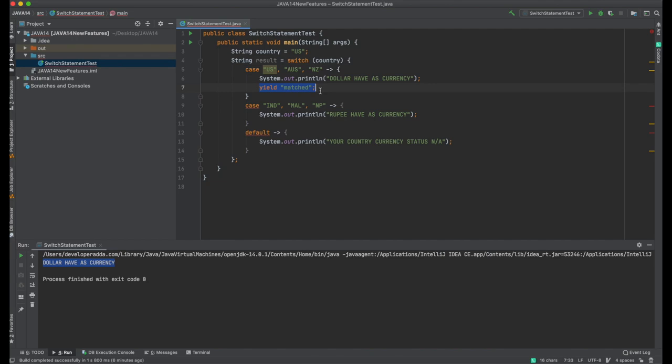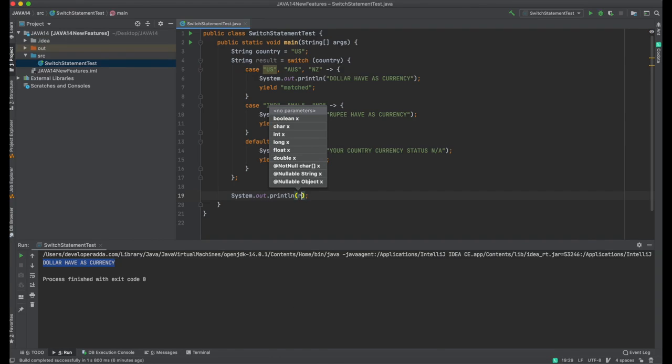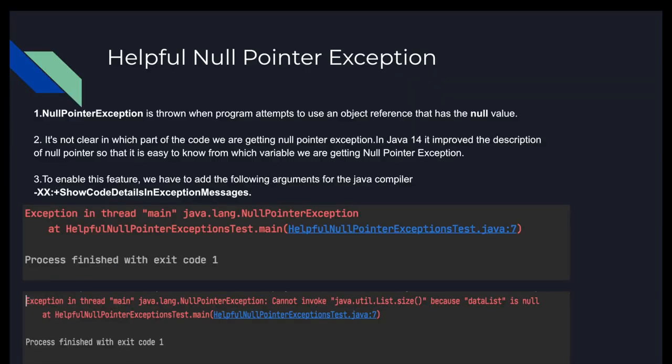Now I will write yield in each and every case: yield matched, and in default yield not matched. So let me print System.out.println(result). Let's run it. So guys, this is about the Java 14 switch expression.